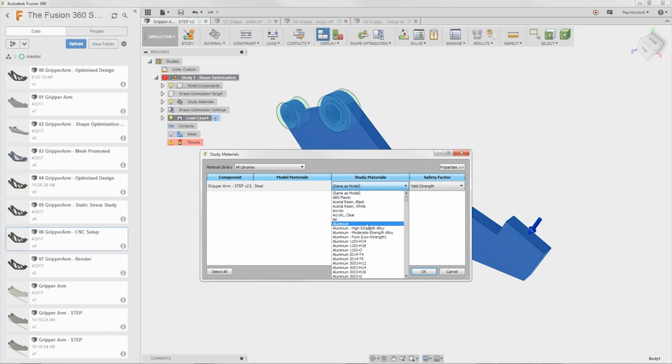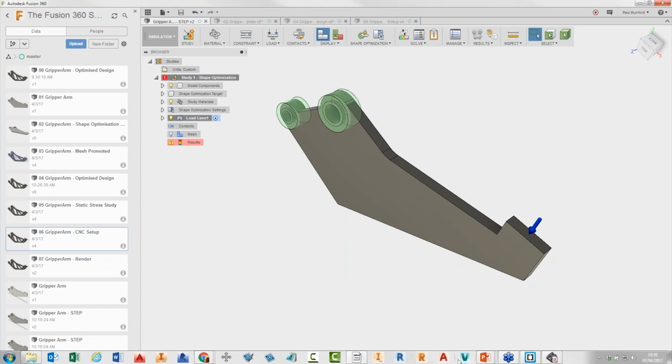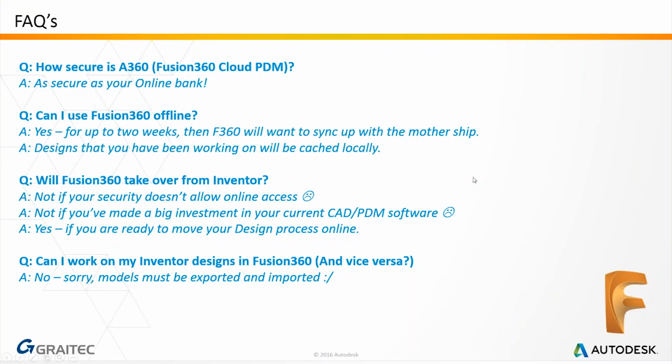Yes, absolutely. Fusion 360 will continue to work when you're offline for up to about 2 weeks, and then it will start to warn you that it needs to sync files with the mothership, and you have 2 weeks in which to sync your files. So essentially we have a 4-week window where we don't need to have a connection to the internet, and Fusion will still work just fine. After those 4 weeks, you really need to get synced up, so you need to find an internet connection. It's just going to check that you still have a current license, and it's going to sync up all your